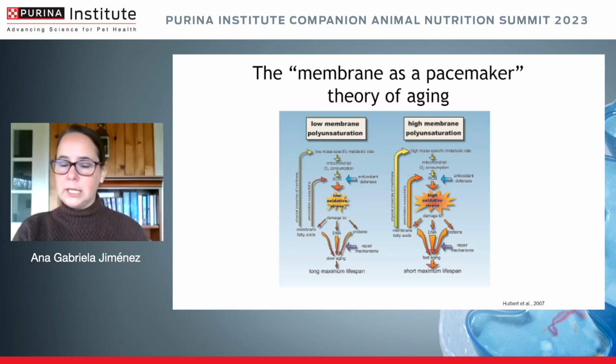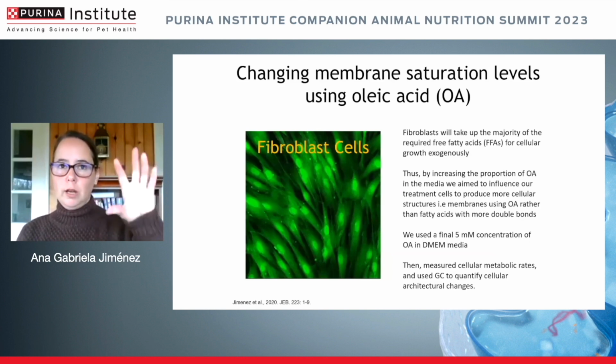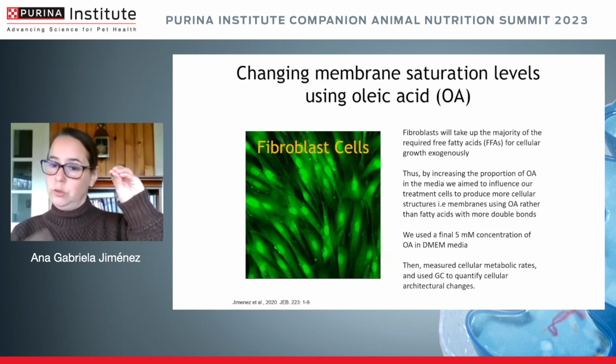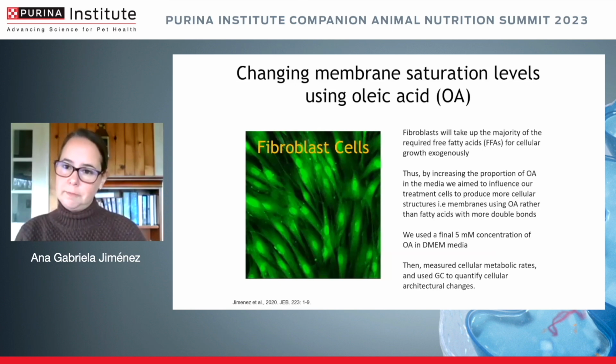And so how can we test this? Well, we went back to fibroblasts. I will tell you two things that you need to know here. We only use puppy primary fibroblasts, and we isolated cells from one individual, for example, divided them, treated them in control ways, and then exposed them to a high concentration of oleic acid. Oleic acid is a monounsaturated fatty acid, and so that would hypothetically decrease the total peroxidation index